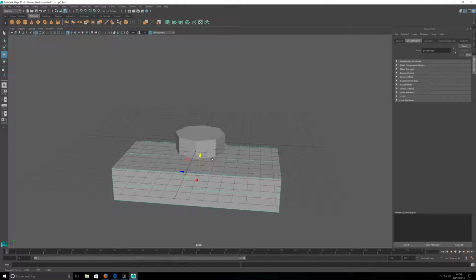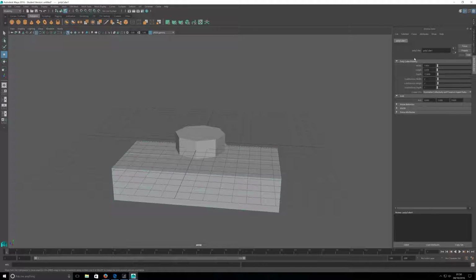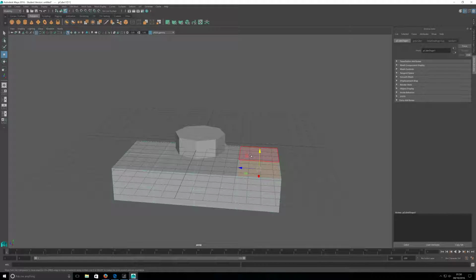Move it down. Now there isn't enough data to easily connect these, so we're just going to go to the attribute editor here. We're just going to chuck that to 4. That'll give us the data we need. So then we're just going to select all the faces on top of this, hit delete,